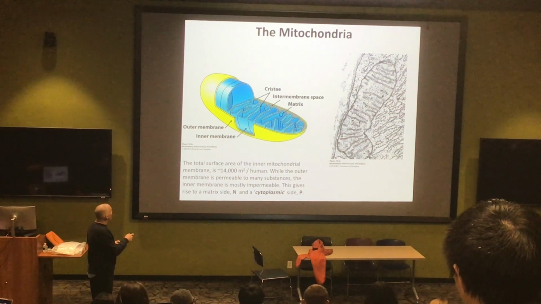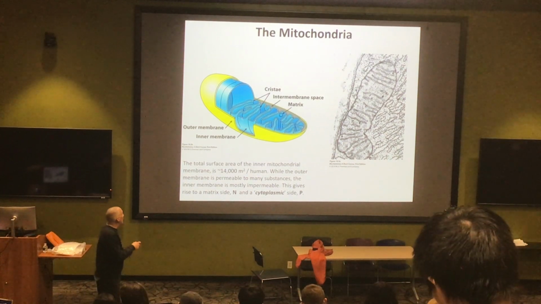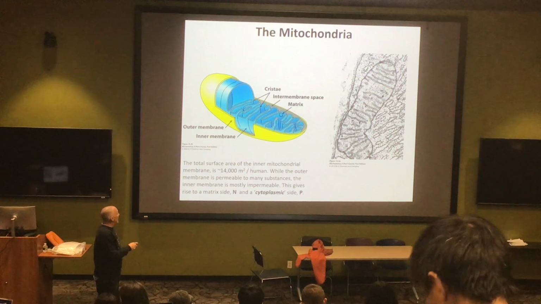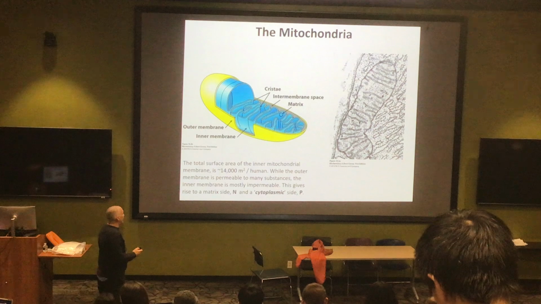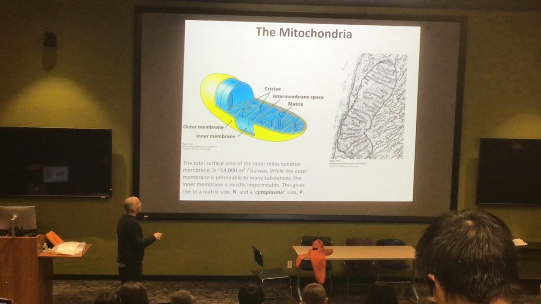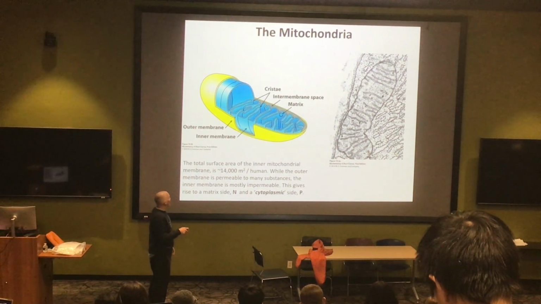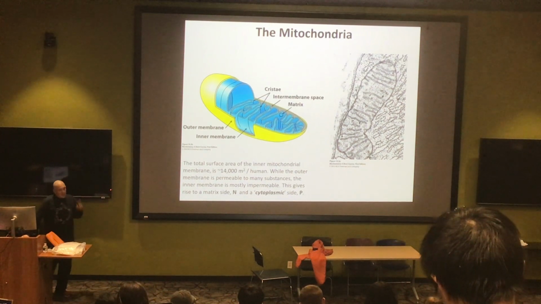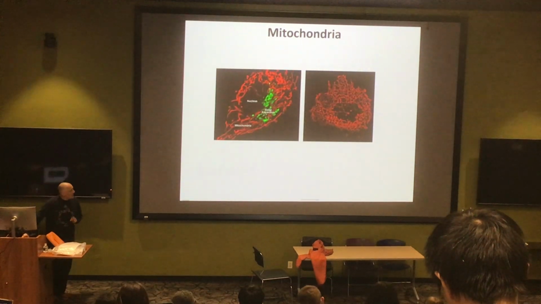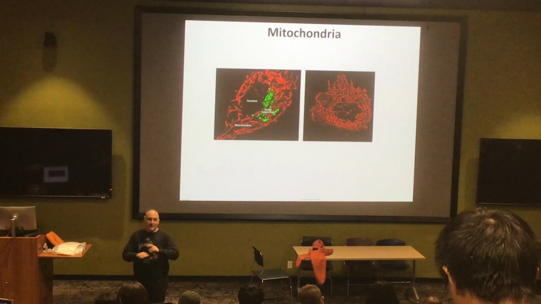Then we have the inner membrane, which is heavily folded and has an extremely high protein concentration. This membrane is almost permeable to nothing. This is a real barrier, a real fence, such that the composition of the matrix is very different from that of the intermembrane space, or even that of the cytosol. Here is your typical beam picture of the mitochondria. Here's an electron microscope image. We've talked about the mitochondria a bit, but some of this will be relevant for our discussion. If we go a little further into the mitochondria, the first thing you need to know is that the picture of the beam is completely wrong.